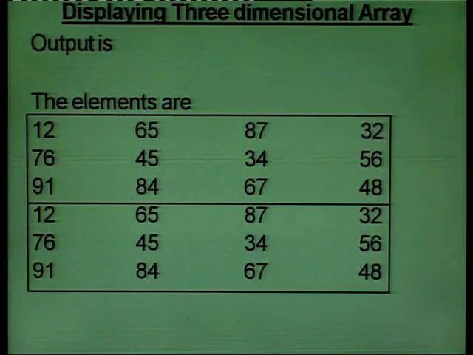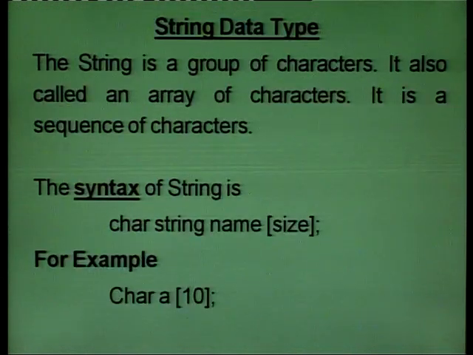Beside this 3-dimensional array, we have various multi-dimensional arrays. We can use them up to the limit you want to store. We can store a number of different dimensions of array here. Now, a special type of array is here, that is the string data type. It is a data type given to us by the C programming language. It is a special data type. It is an array of